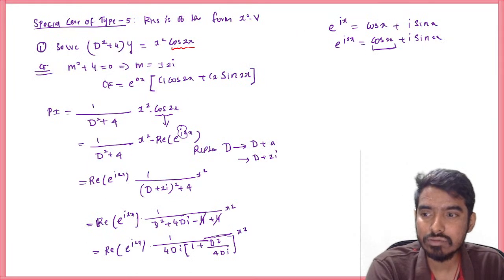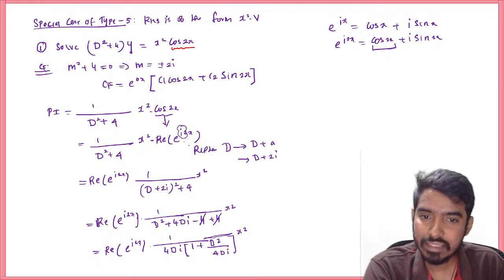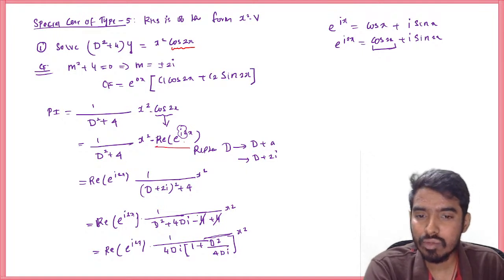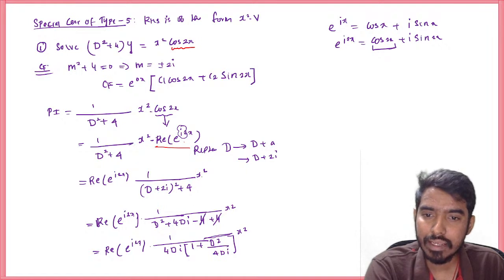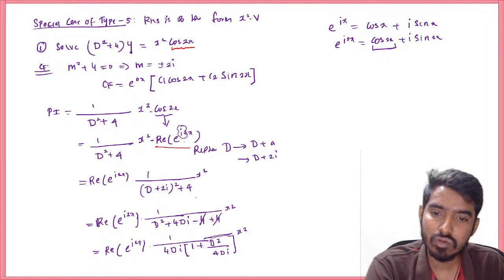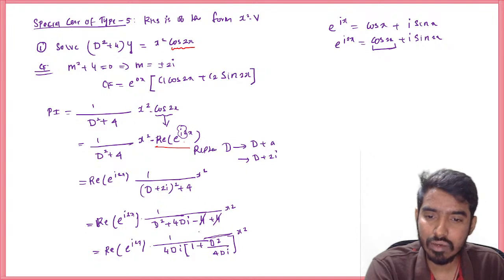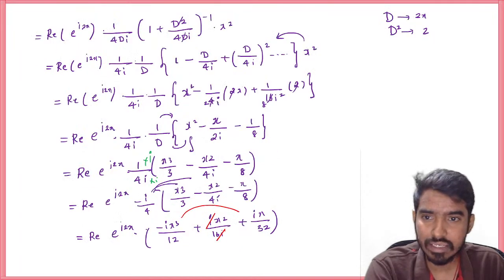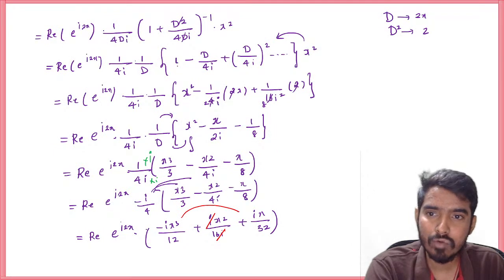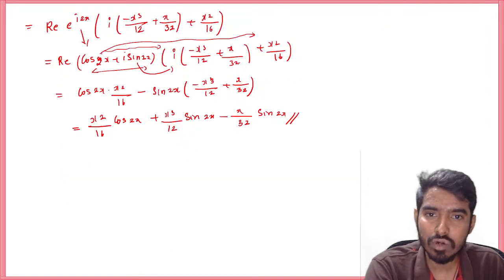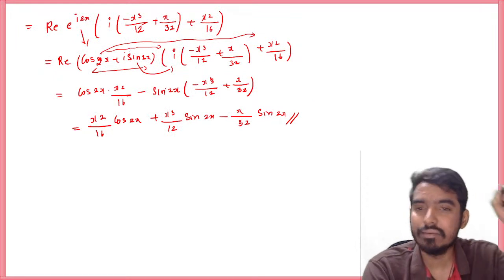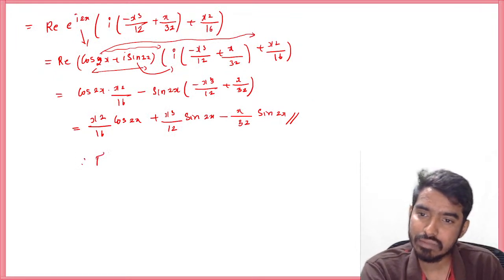But we have real part cos 2x. That is nothing but real part of e power i 2x. So you replace D by D plus 2i and take this term outside, and you do this by type 3. So 1 by replace, we have a polynomial in x, so take that last D's degree outside. So 1 plus x whole power minus 1, very easy. And we integrate 1 by D here, 1 by 4i multiply, and the real part of you again replace this e power i 2x by cos 2x plus i sin 2x. So you will have 4 terms, collect only the real part. That will be the answer. Is it clear? Therefore, the general solution is